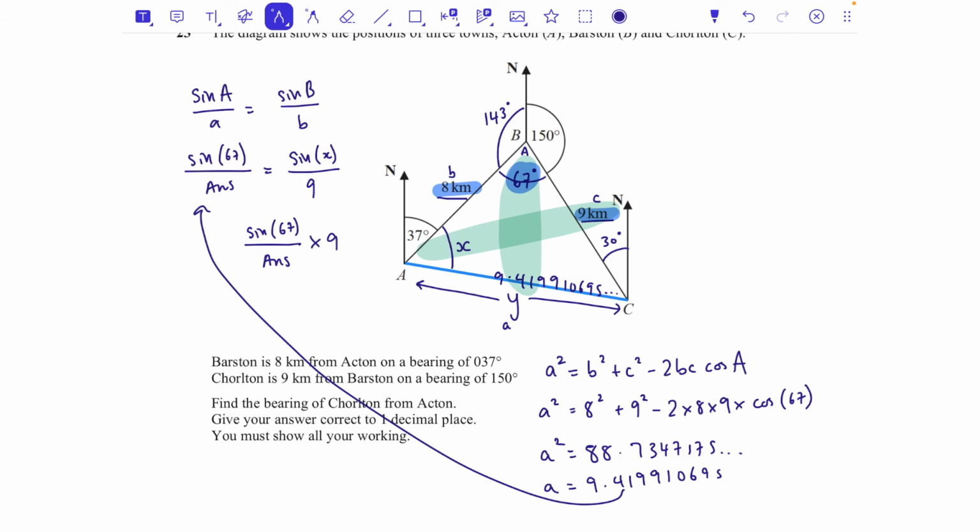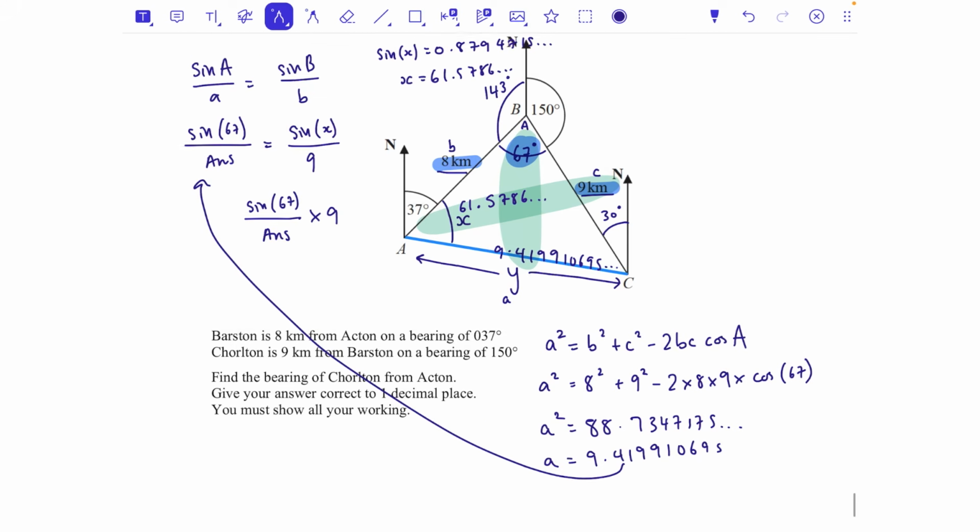So I'm just going to use the answer button on my calculator. I haven't cleared it, and I just want to get all of the decimal places to keep my answer super accurate until the very, very end. So that tells me that sine x is 0.8794715, but remember that when we want an angle, we have to do sine to the minus 1, and that means that x is 61.5786. We're adding that on to 37 because remember the bearing has to start from north. So bearings start north and go clockwise. Add 37 to that. And that gives me